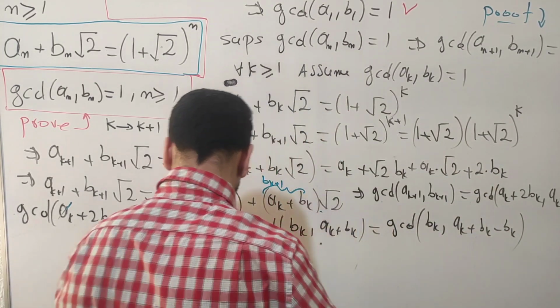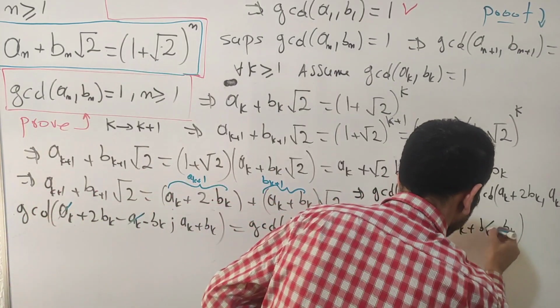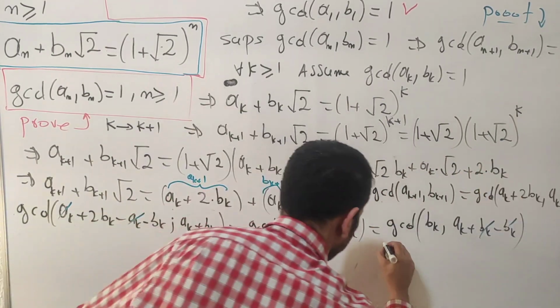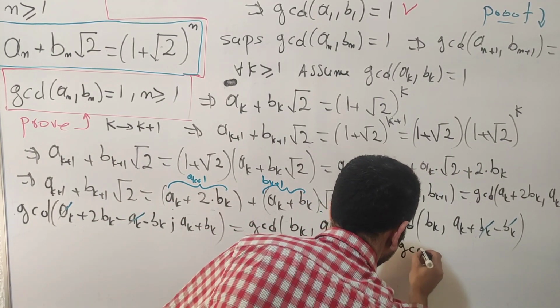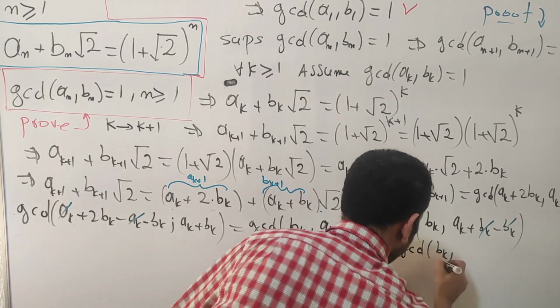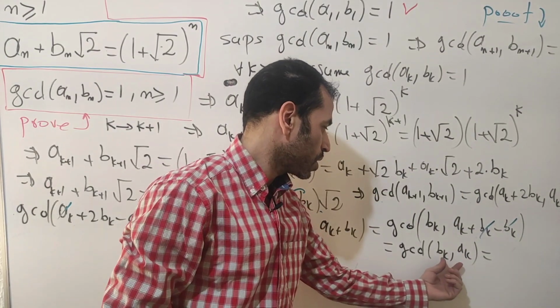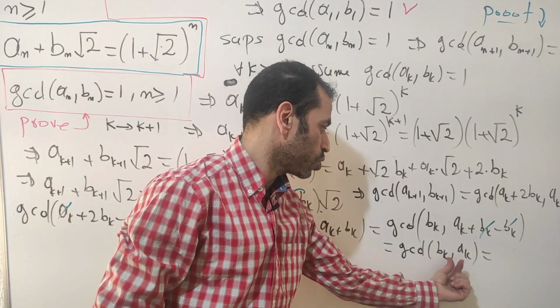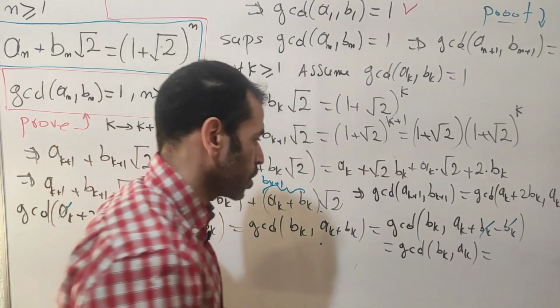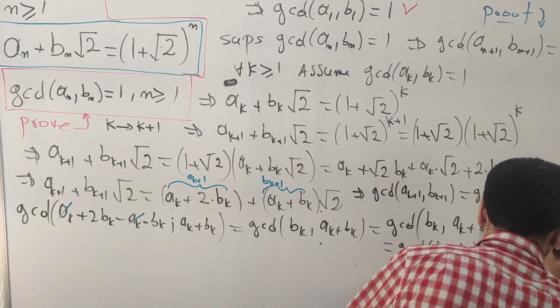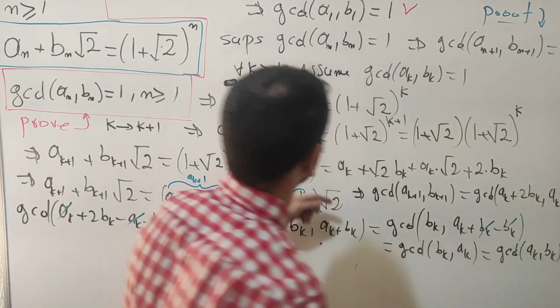Okay, so this b sub k will be cancelled out. I will be left with GCD of b sub k and e sub k. This one is not necessary to go in order. I'm going to switch them. The GCD is going to be the same. Okay, so this one exactly equals GCD of e sub k, b sub k,